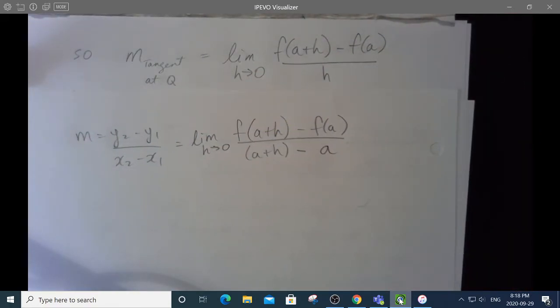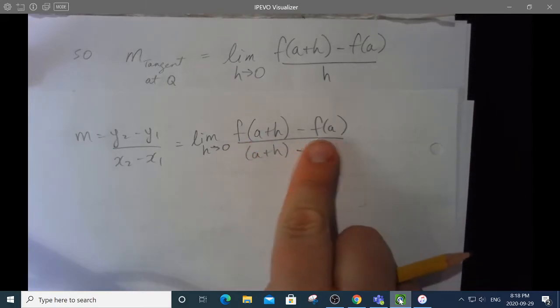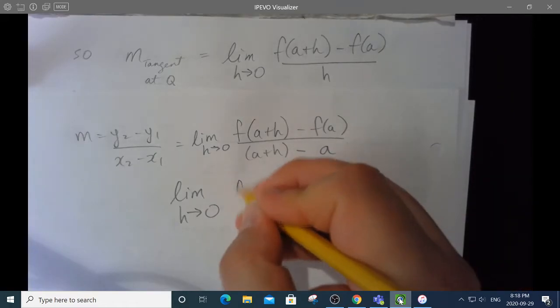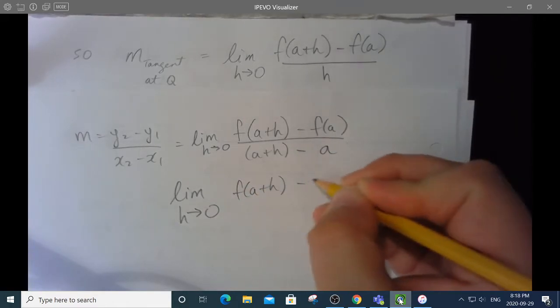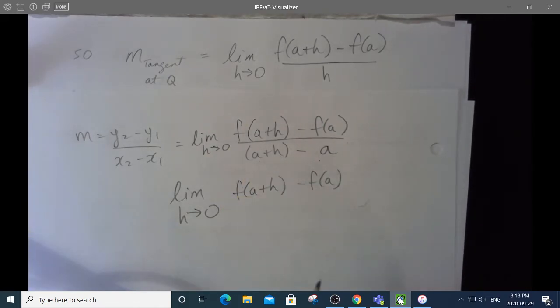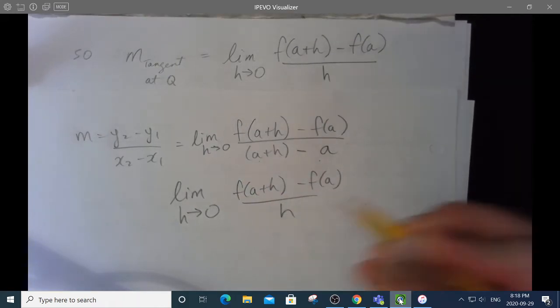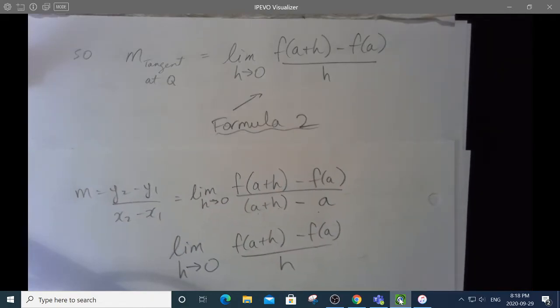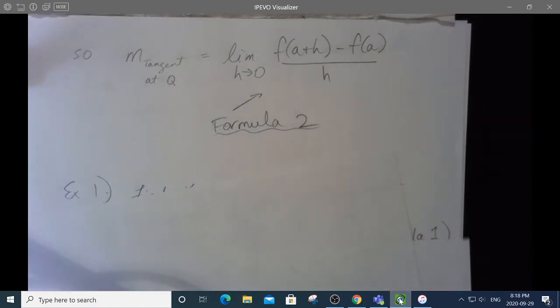Do you see how this simplifies? I can't simplify f of a plus h or f of a, so they're going to stay the same. But I can simplify the denominator. a plus h minus a is just h, and that is formula 2. So formula 2 tells us